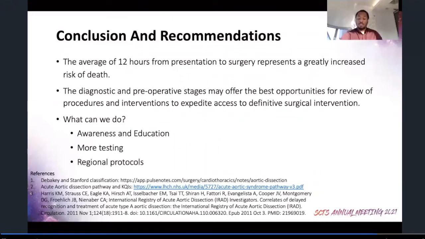The Bristol Royal Infirmary increased their CT scanning for potential patients from 20 scans in 2009 to 300 scans annually, and are now detecting these AD cases once every 6 to 8 weeks. So AD may not be as rare as we thought. Finally, a multidisciplinary regional protocol, which includes specialized aortic dissection teams, will not only decrease delays in diagnosis and treatment, but also standardize the way AD is managed.